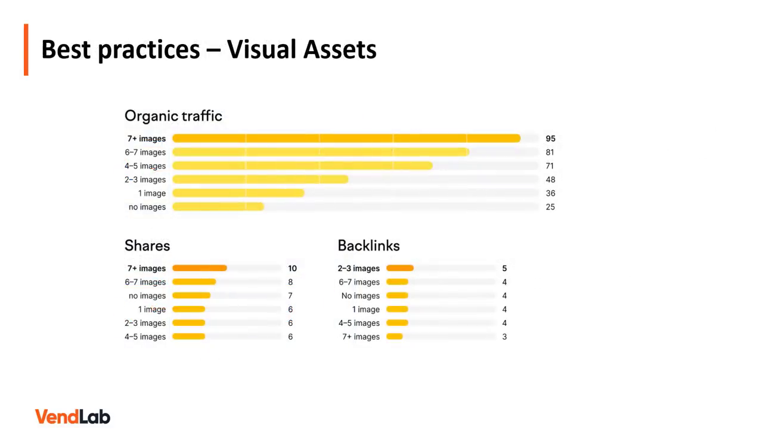Visual assets such as images and infographics increase user engagement, i.e. visitors stay on your page longer. They also break up your page and make it more readable. A recent study found that articles with 7 or more photos receive 116% more organic traffic than those without. They also found that articles with at least one video attract 83% more traffic, and articles with 3 videos attract